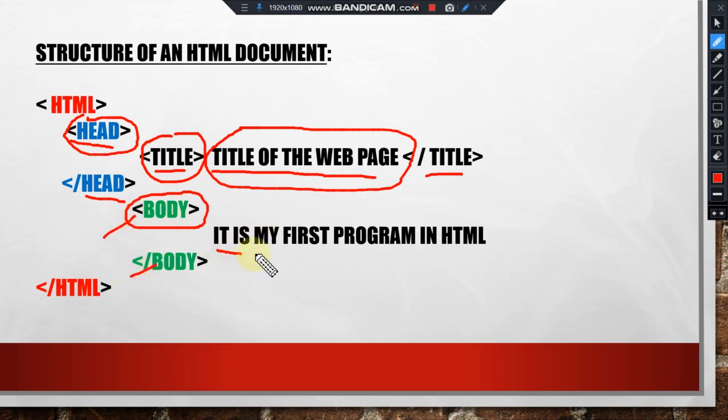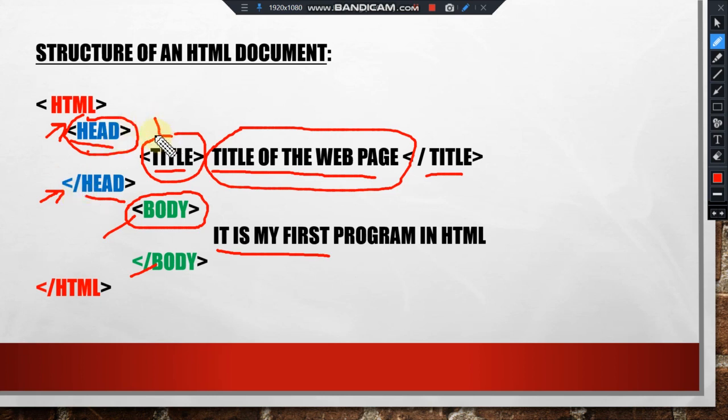For now I have written, it is my first program in HTML. Only this line will be visible in my first HTML program. So you understood the whole structure of the HTML document. First is the HTML tag and it closes with the /HTML tag. The first tag that appears just after HTML is the head tag. Then we have to close this head tag with the /head tag.